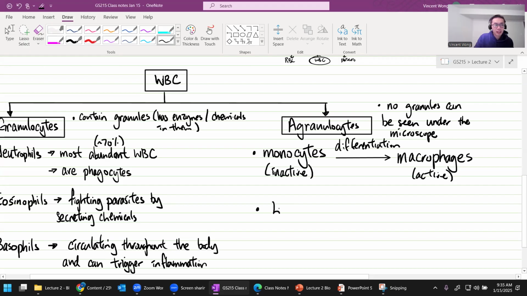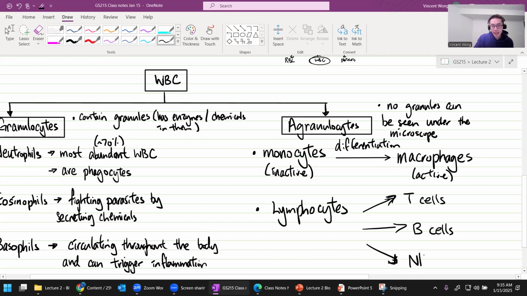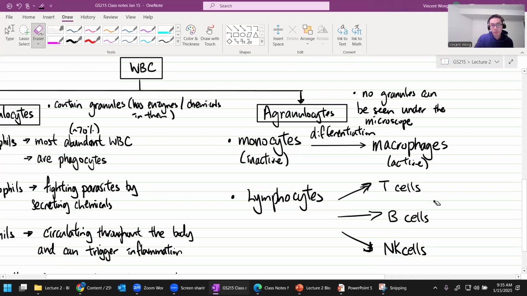We also have lymphocytes. There are different kinds of lymphocytes. I'm just going to list them here for you, and we're going to learn more about them later. There are T cells, B cells, and NK cells. We will learn a lot more about them in lecture 3, but briefly, T cells